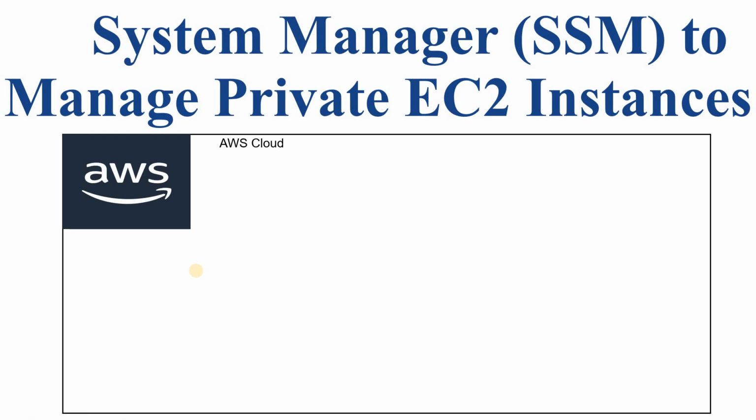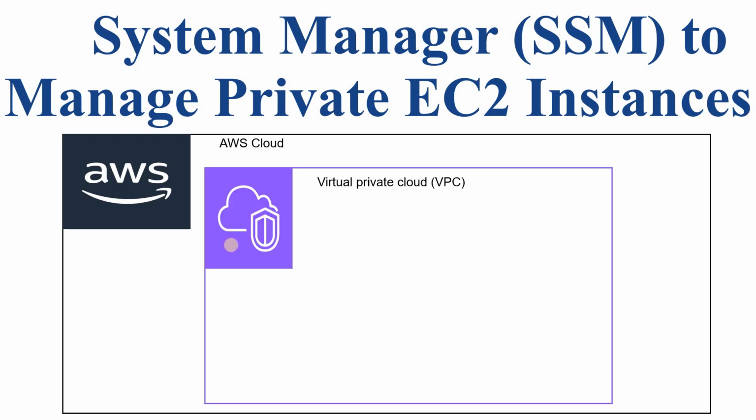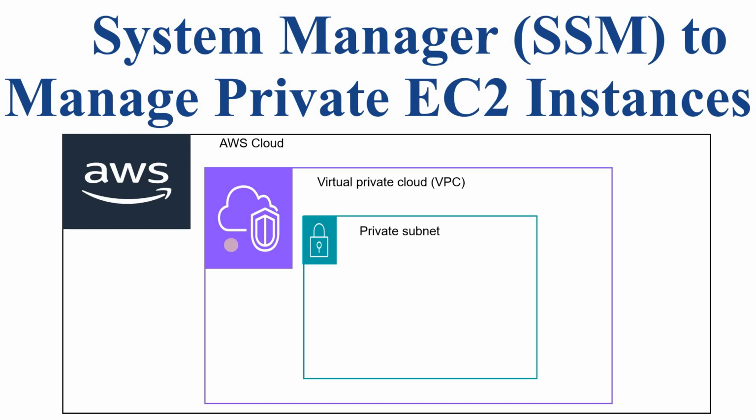As you see, we will have an AWS account, basically the AWS cloud, and in that AWS cloud we're going to use one region where we will create a virtual private cloud, or VPC. In that VPC we will use a private subnet. Within that private subnet we're going to create an EC2 instance, which means that this machine will have only a private IP address, and this machine does not have any access to the outside world, and nobody on the internet can access this machine. In the sense, this machine is now purely encapsulated within a VPC,